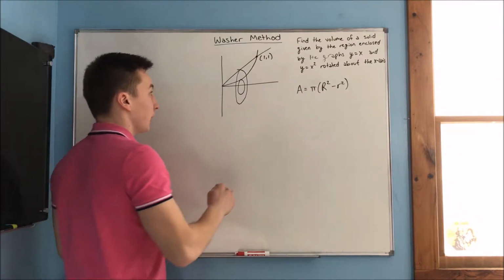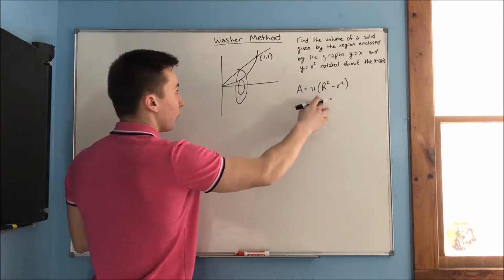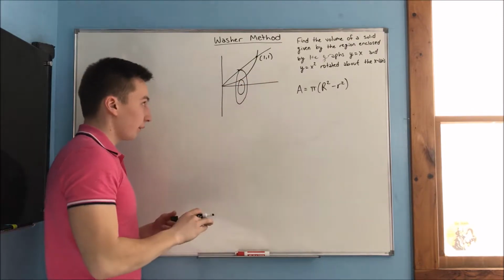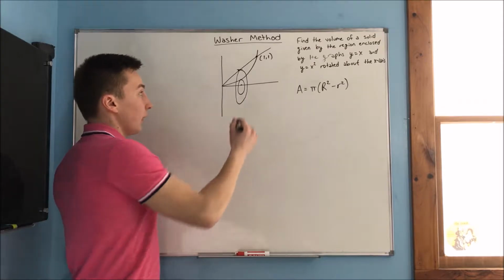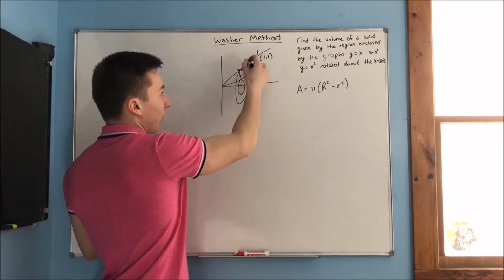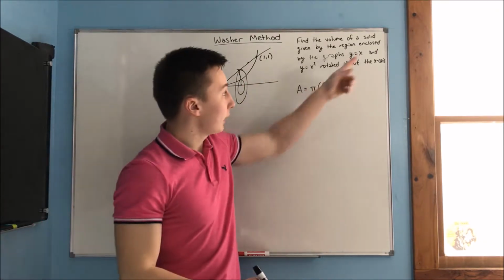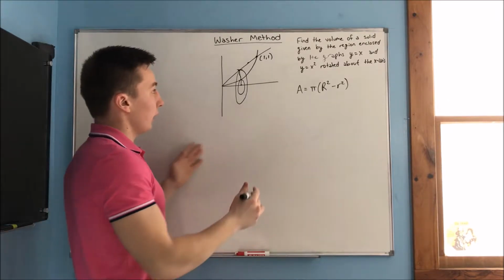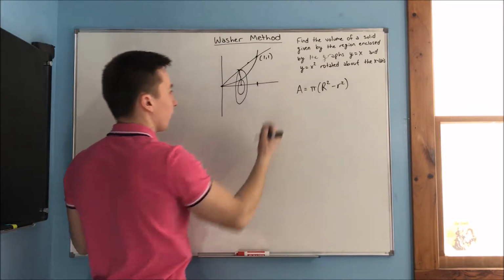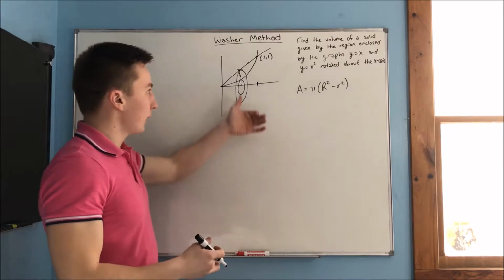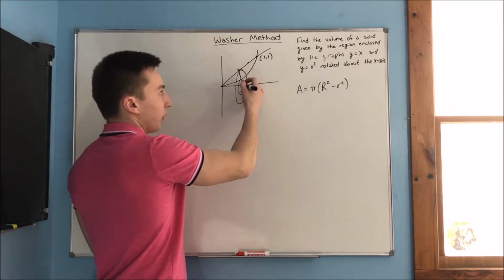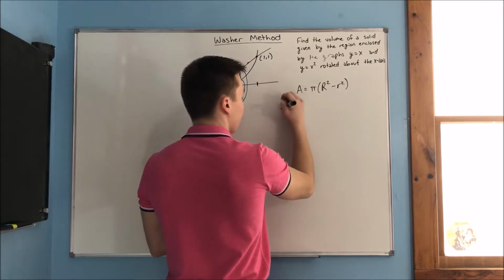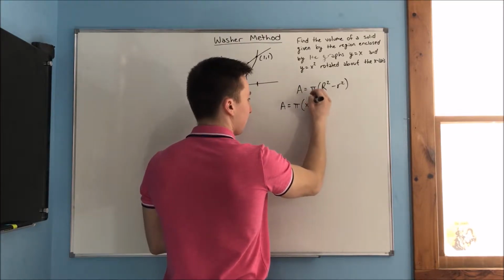This one's actually not that bad. Our big R is going to be the distance from the outer point to the center, and that's just the height of this graph right here. What's this graph? That was y equals x. We are integrating in terms of x, from 0 to 1 here, so we can just write this as x. We know that distance is y, but in this case y equals x, so we can put an x in there. So area is going to equal pi times x squared minus